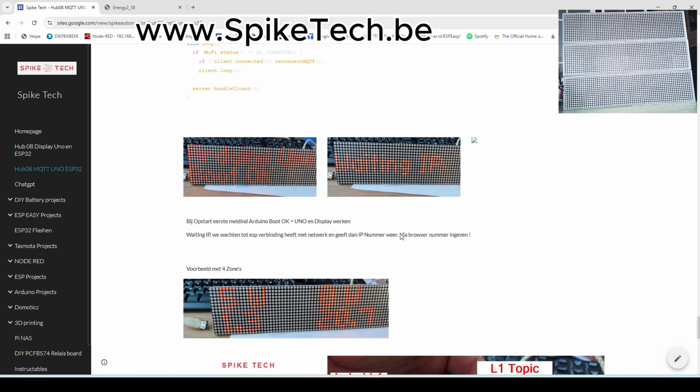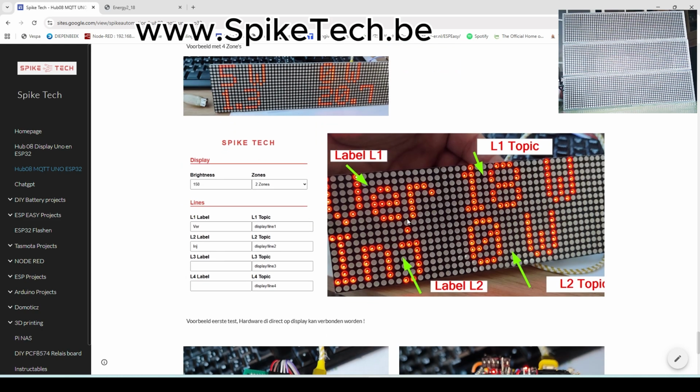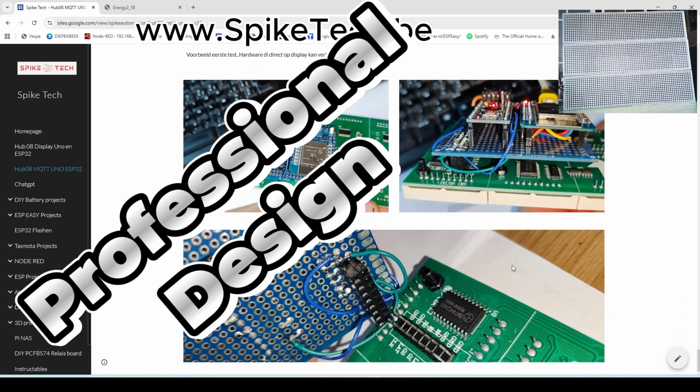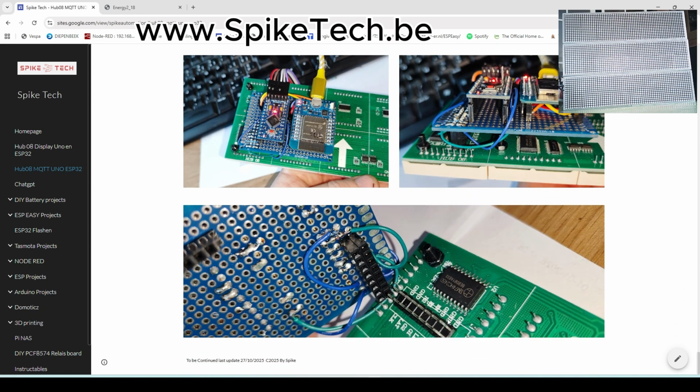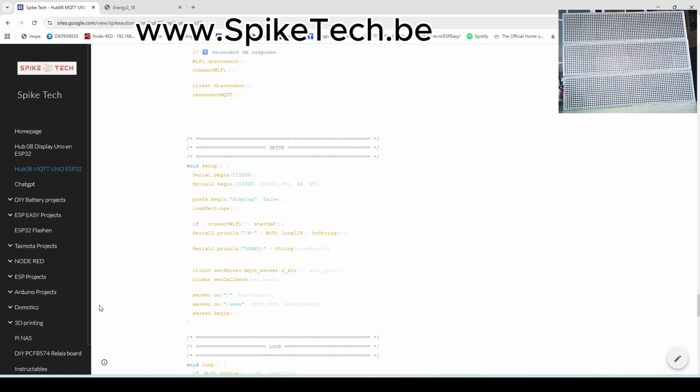Afterwards you can connect it to your MQTT. Here you see some, this is just a prototype. I finalized it like that. It was okay. I just created it, soldered something, put it directly to the main board of the display, and it will be working. Now I will power up